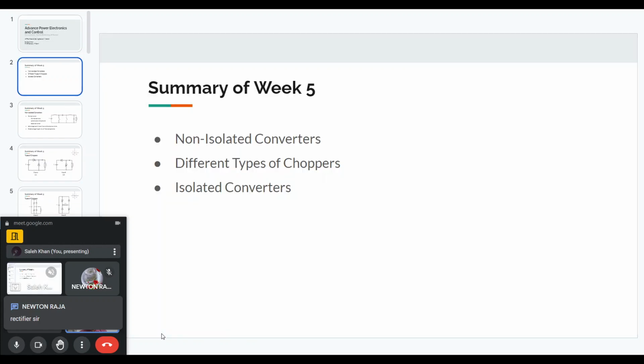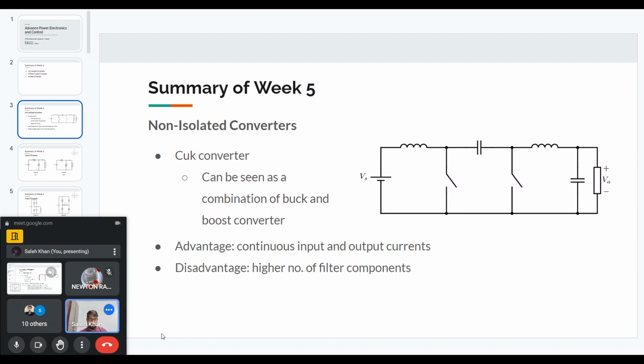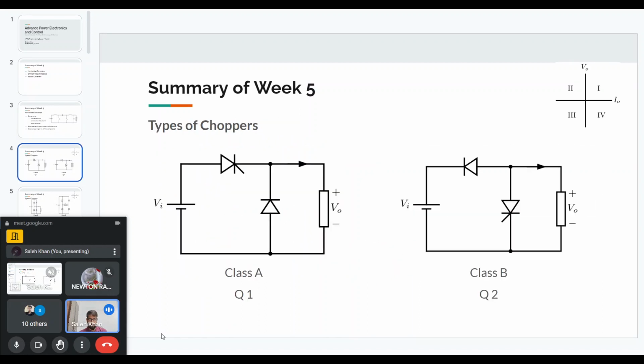So I don't have the circuit drawn here, and I'm basically on my laptop. I don't have a pencil to draw the circuit, but basically, if you go to the YouTube lectures, you will find in the second or third week I talked